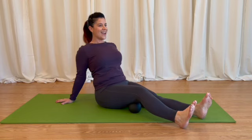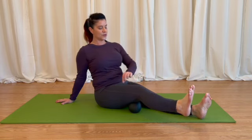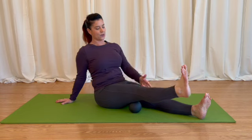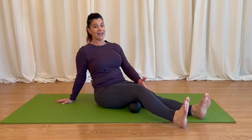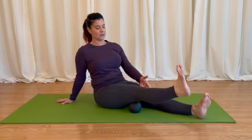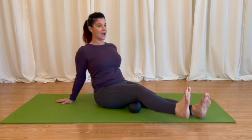When you're ready, exhale and think of gliding your kneecap up towards your hip, really focusing on waking up the area inside and up of that kneecap, and then crease and bend to calm down. Now, when you're extending that leg, you want to keep the ball in that same shape. You don't want to press down to lift your leg up, and then you're going to crease to bring it on down. Good, and lengthen out and away,